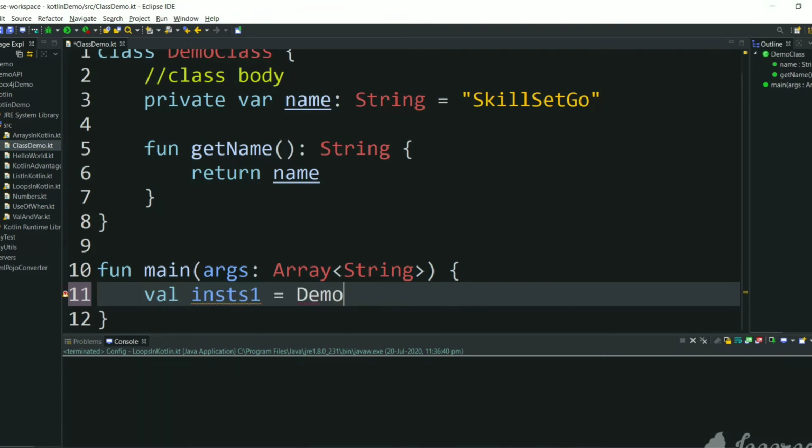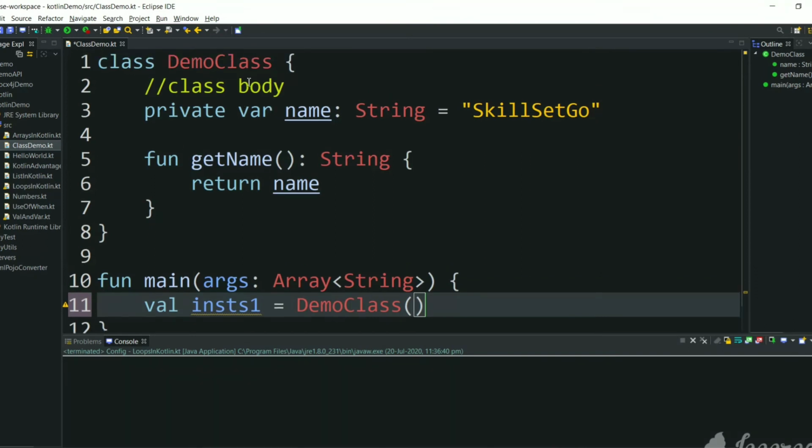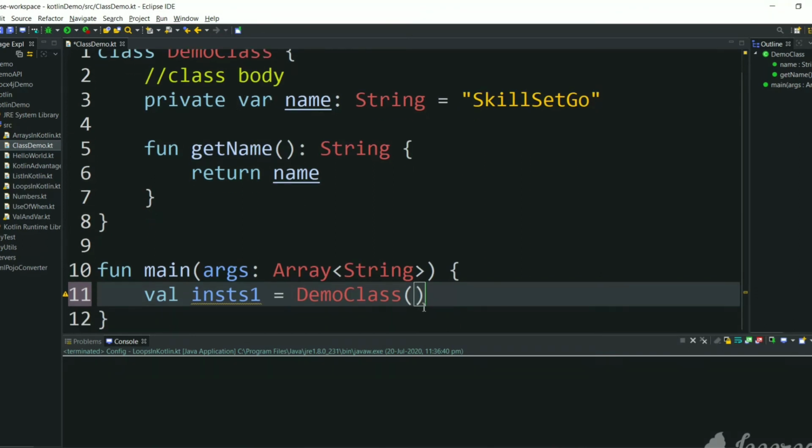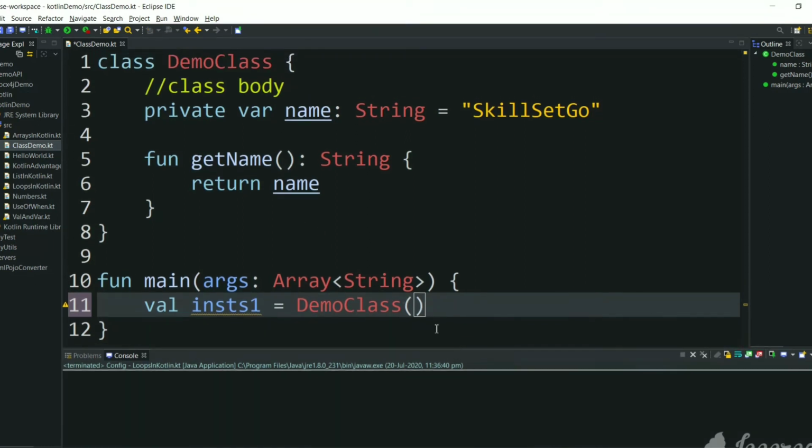The class name is demo class. As we don't have any constructors here, we are creating it using the empty constructor. We will learn about constructors in Kotlin in future videos. In this video, we just see how to create an instance of the class.